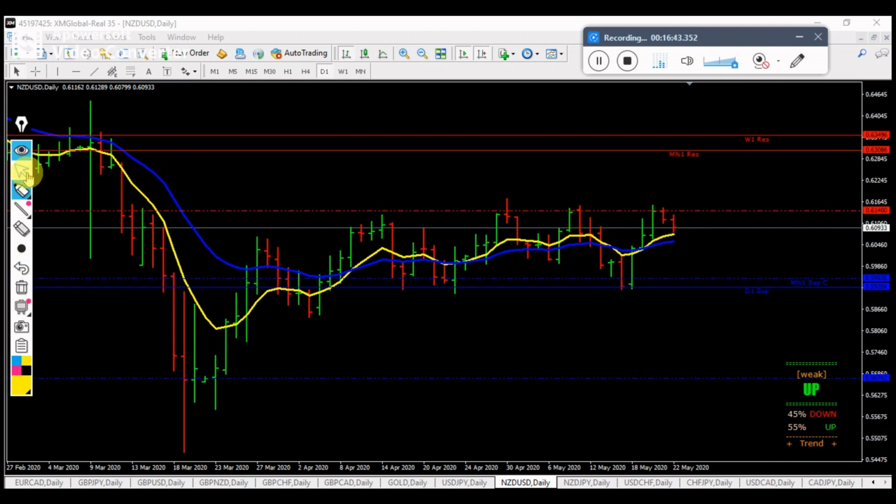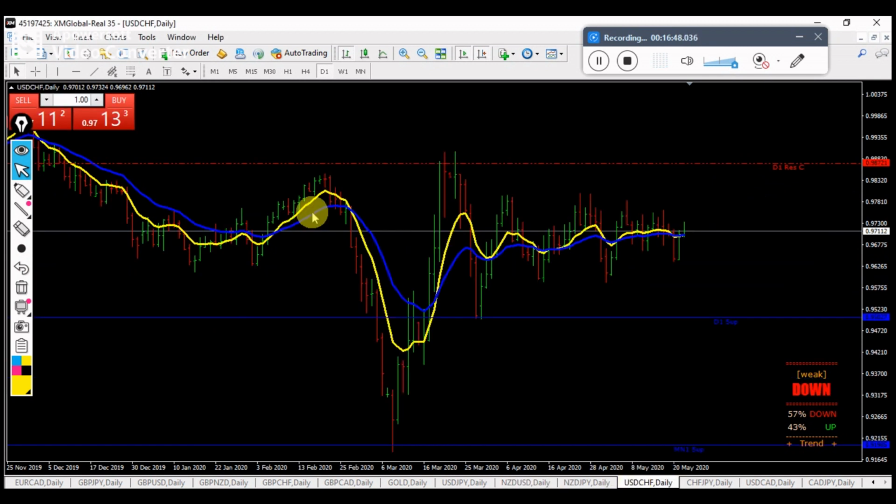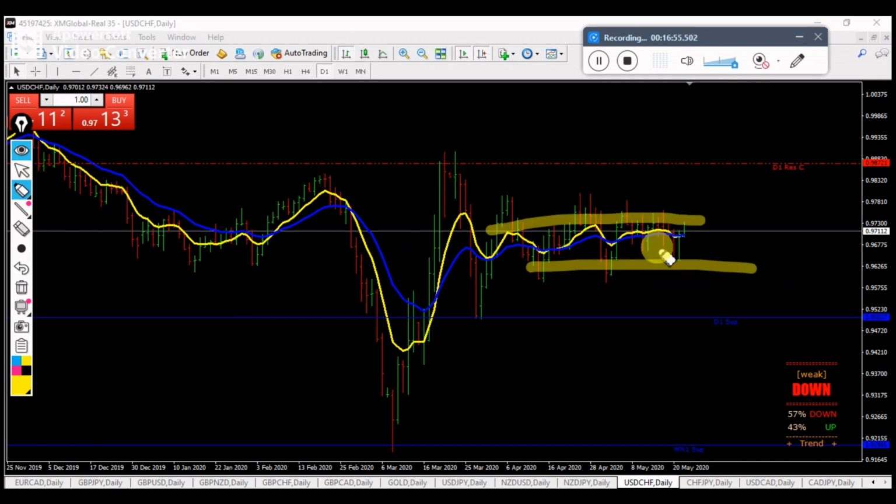Let's move to our next pair, which is USD CHF. Right now USD CHF is moving sideways, it's in between, so I'm not trading that. Let's see our last but not the least,